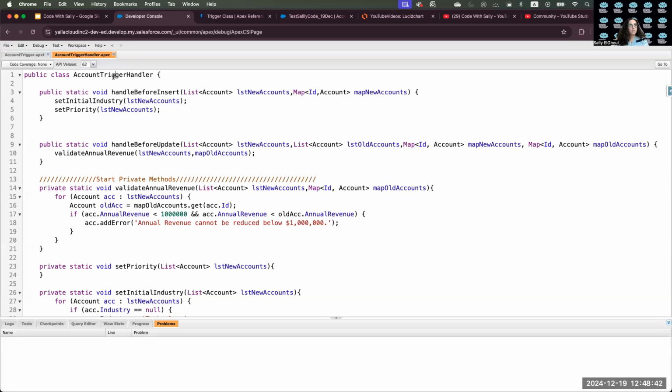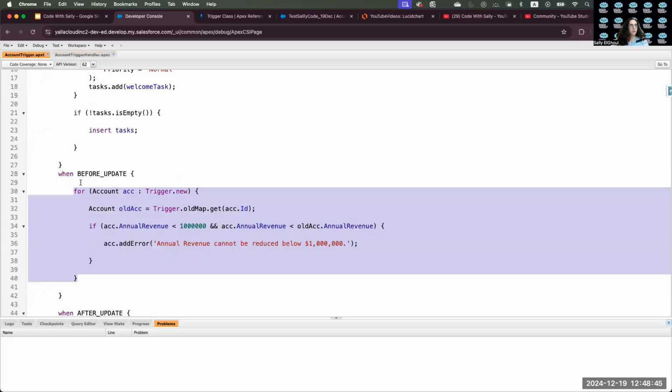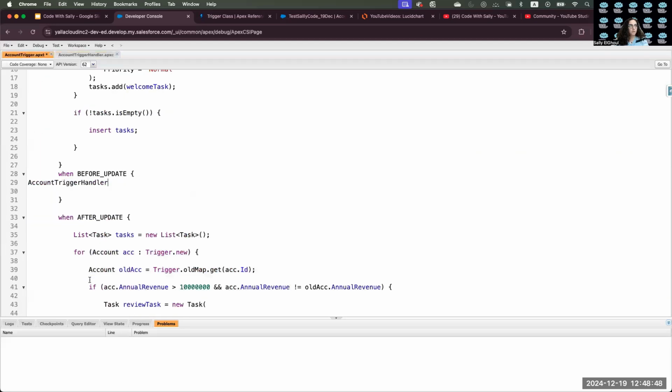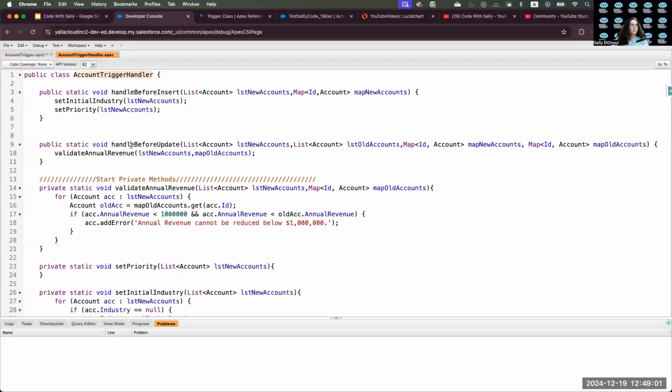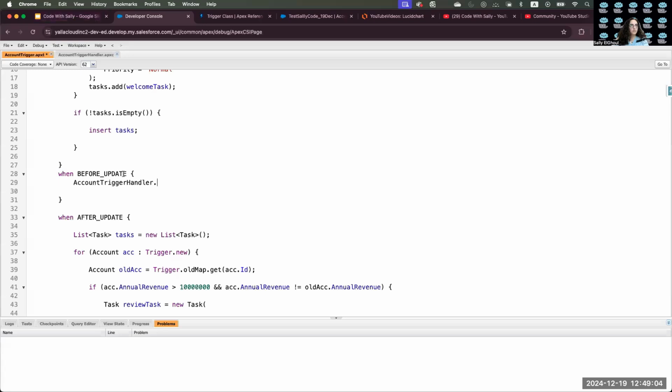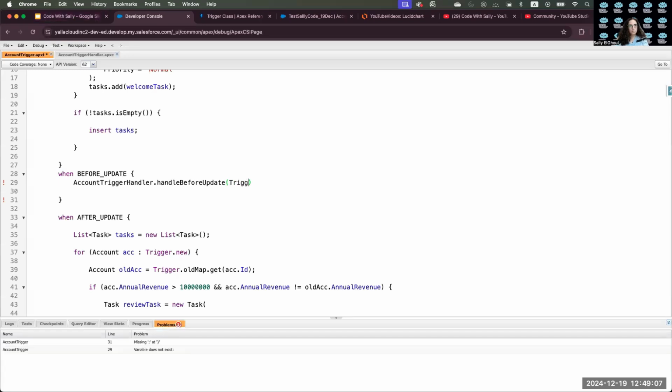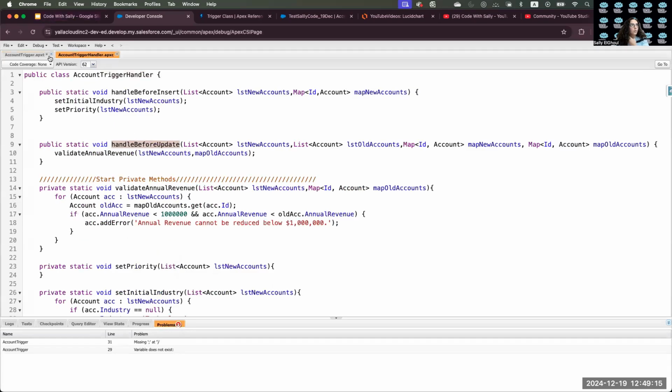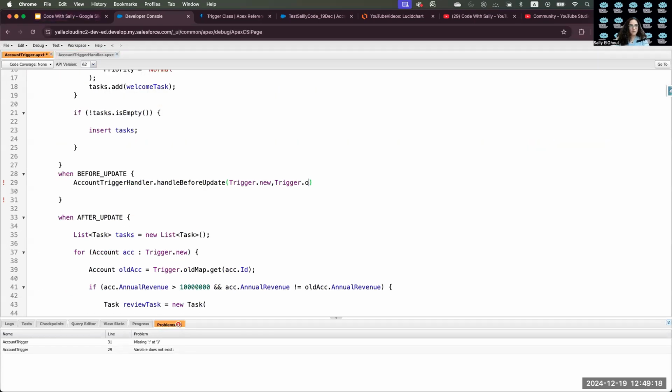And again, what we'll do here is go to the before update and I will do trigger handler dot handle before update, and I pass trigger dot new, and I pass trigger, what order do we have? Trigger dot old, trigger dot new map